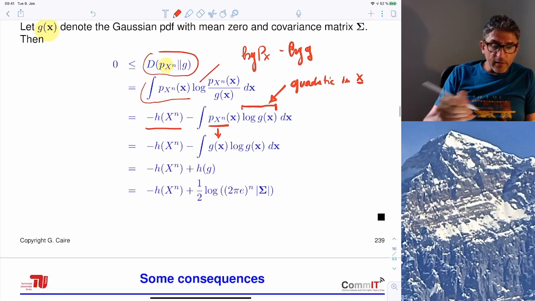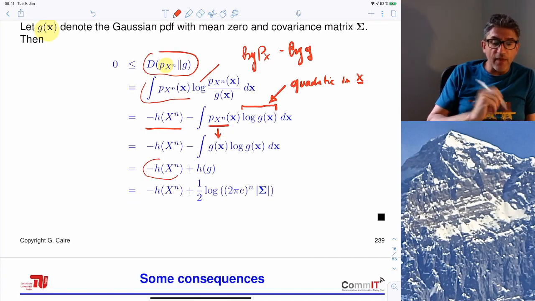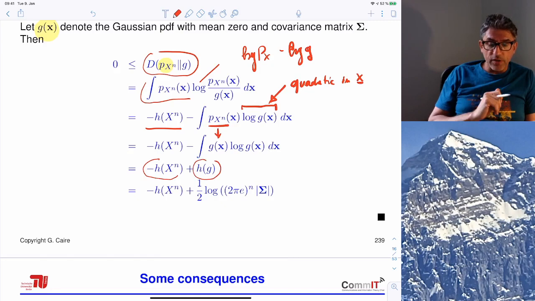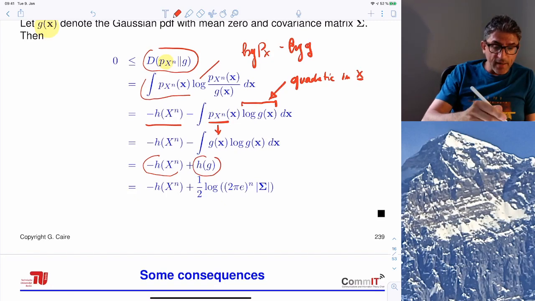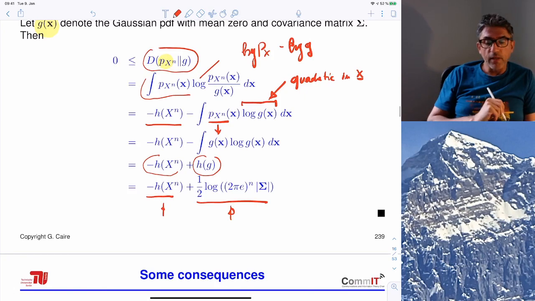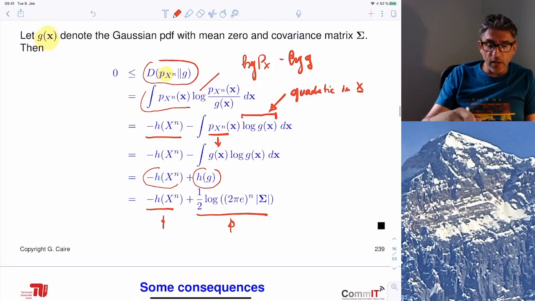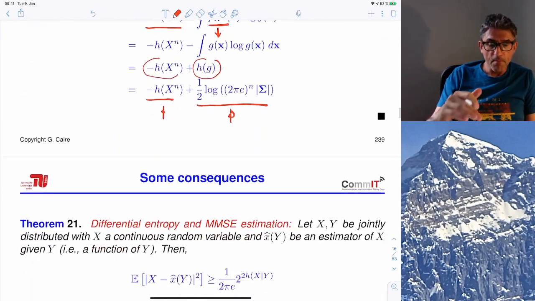But now, written in this way, this becomes the difference of minus the differential entropy of X plus the differential entropy of the Gaussian distribution. So we conclude that 0 is less than minus h(X) plus this, or in other words, that this term is bigger than this term. Okay, so this proves the result. You do the same thing for the complex case, and you get exactly the same. You get the second statement there. Okay,